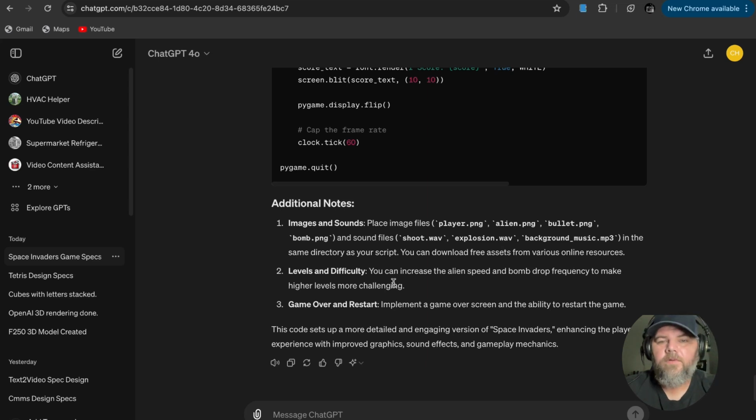Okay, so looks like we need to download free assets from various online resources. And here it says to place image files, player PNG, alien PNG, and sound files in the same directory as your script. See, I would probably have to ask you how to do that. And then levels and difficulty, you can increase alien speed and bomb drop frequency to make higher levels more challenging. And then you can implement a game over and game start. See, so it gives you